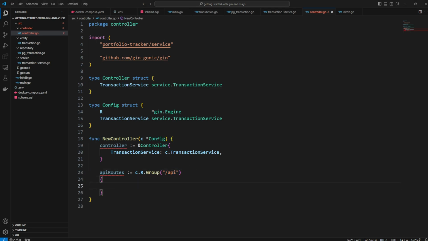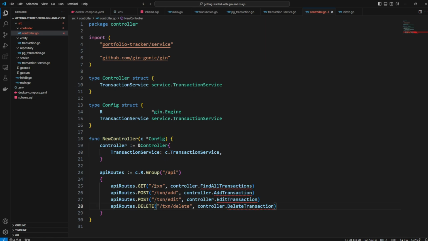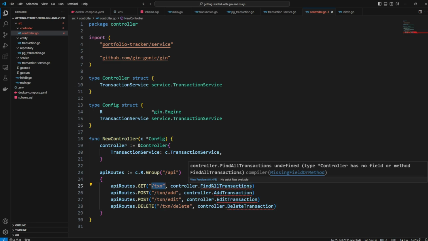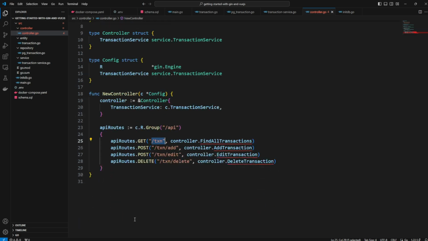So now let's define these routes. So let's pass them in, and we're going to have an API endpoint for each operation, and we're going to pass the route as well as a method of our controller. And we of course have to define these methods. So let's go ahead and build them. I'm going to bring them in real quick. So